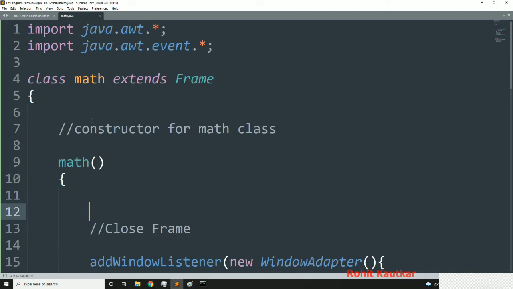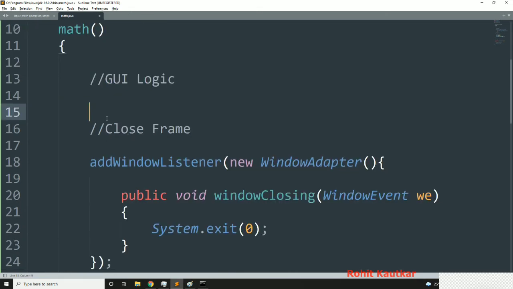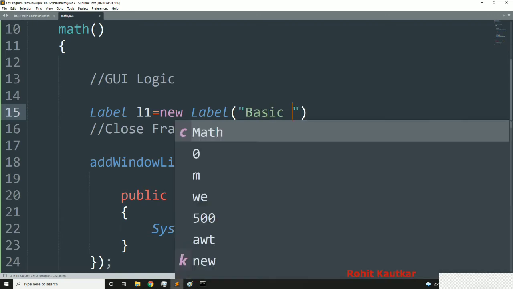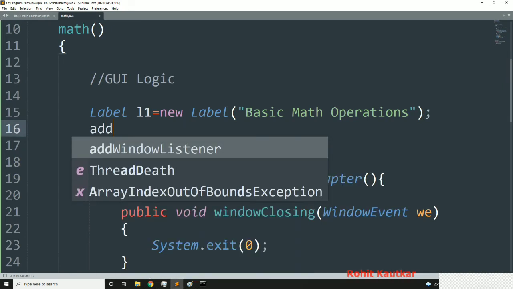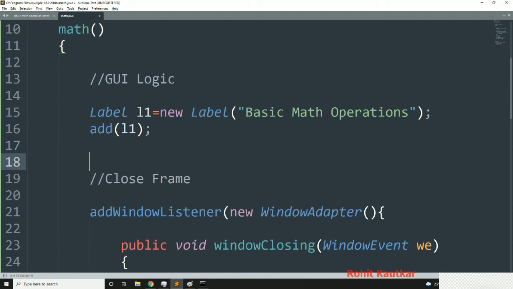Now let's try to declare the components over here that we want. So first of all, we will create the label. So let's say Label L1 is equal to new Label basic math operations, and I will add this label to our frame, so add L1 like this. Okay, now next to this we will create another label, so simply I will duplicate these lines.